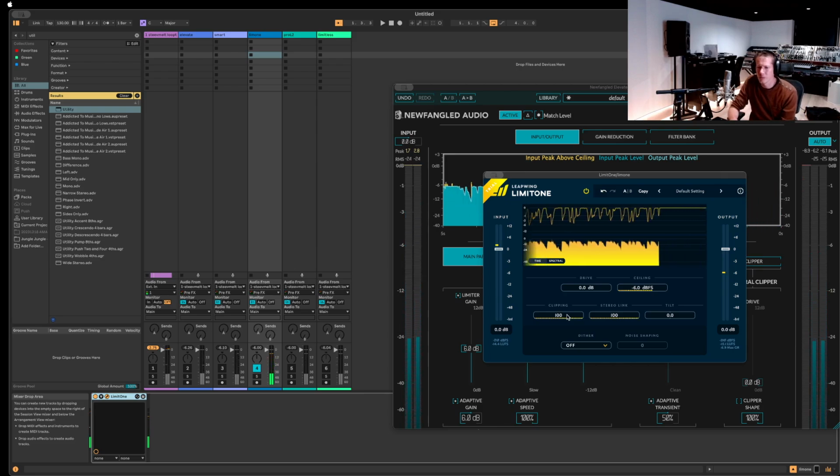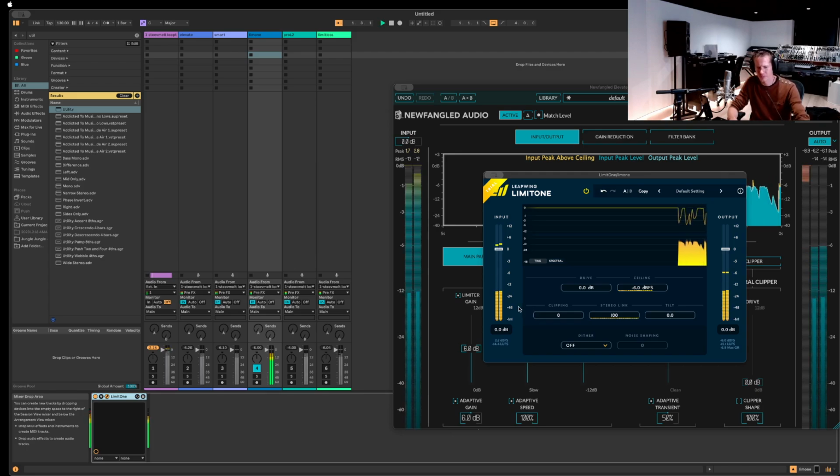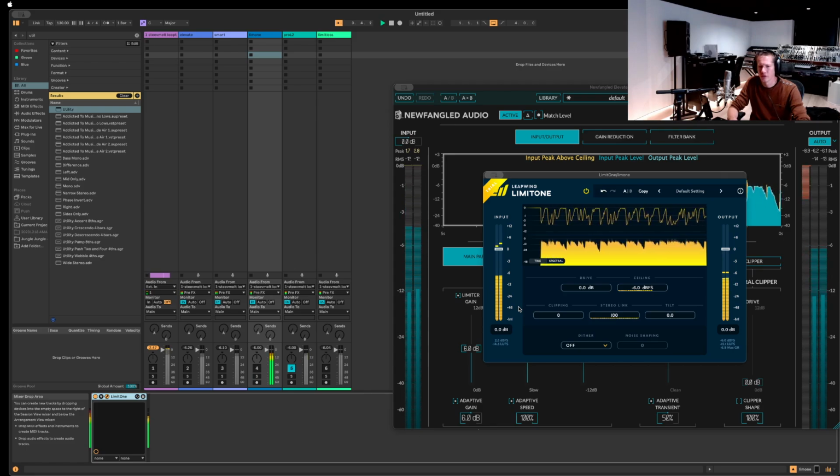Yeah, that makes sense. As soon as you turn on the clipper, it handles the low-end content less well, but with no clipper at all, I end up having a pretty neat limiting action with no distortion on the low end. Listen. Compared to Pro-L2,